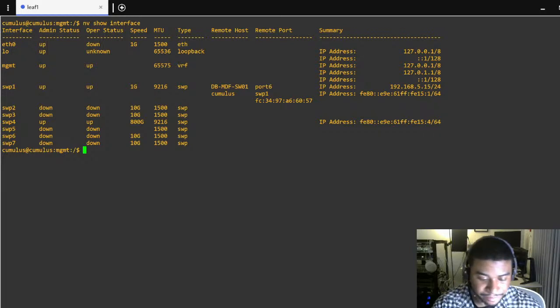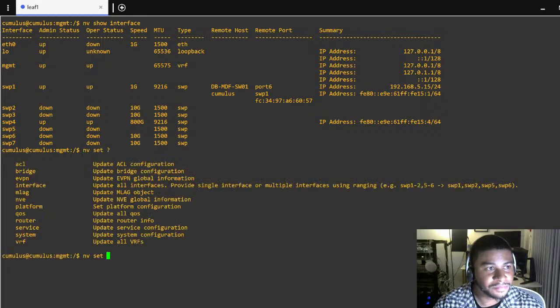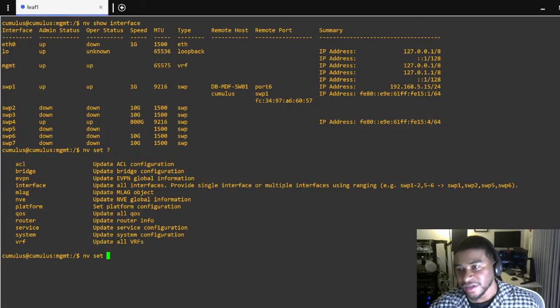But let's say nv set, we get all this other stuff, right? nv set router, nv service, nv system. Let's go ahead and change the host name of this device, right? It's just Cumulus right now, right? If we do nv set system,